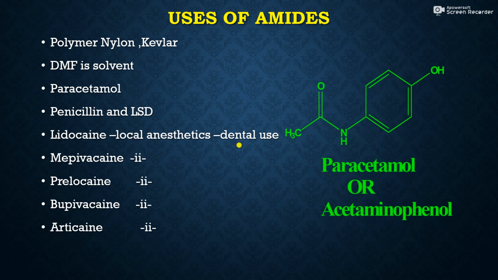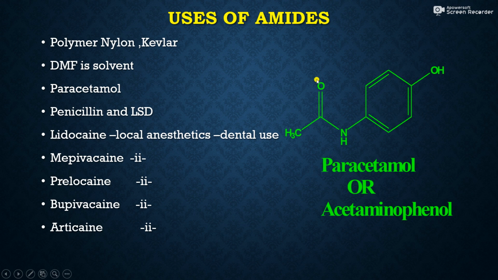So friends, I have just mentioned paracetamol. What is the structure of paracetamol? Paracetamol, you have heard of this compound very well because it is a very good antipyretic drug. So what is paracetamol? See the structure. This is a benzene having an OH group, meaning this part is phenolic.